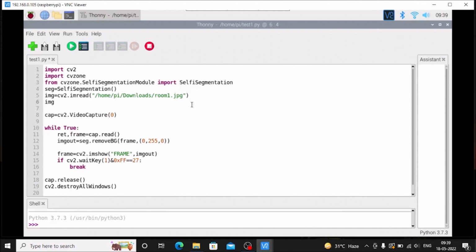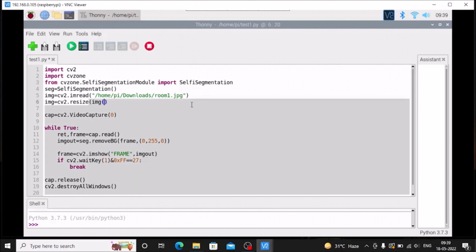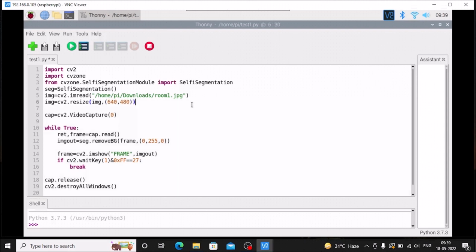Then we want to resize the image. So img is equal to cv2.resize, and inside that we mention img, and then the width and the height, which are 640 and 480. So we are done with reading and resizing the image. Now we simply want to remove the color and mention our img, because our img is our resized image. That's it. If I save the code and run the code,